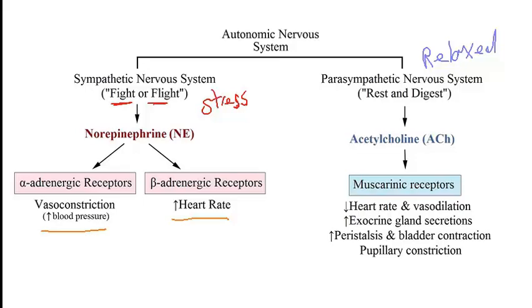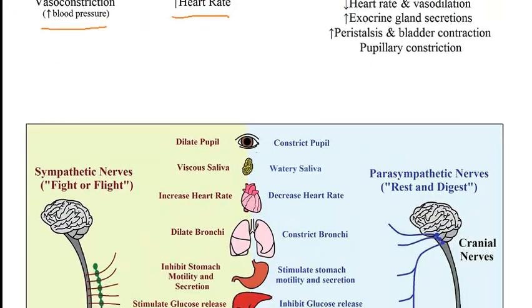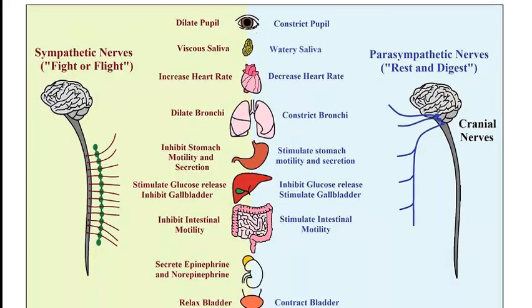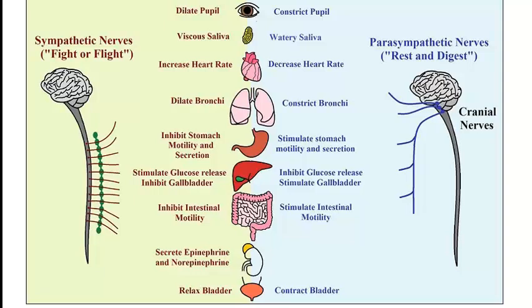So here I have summarized the difference between sympathetic and parasympathetic nervous system in terms of their site of action. Regarding the pupils, the parasympathetic nervous system causes constriction of pupils, while the sympathetic nervous system causes dilation of pupils. So think of it, once we are scared, our pupil is dilated because we have to take as much visual input as we can. So that's an example of, again, fight or flight response.